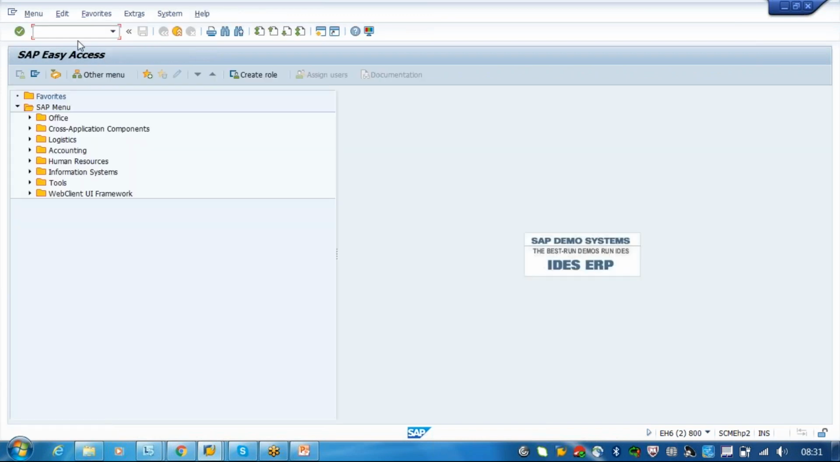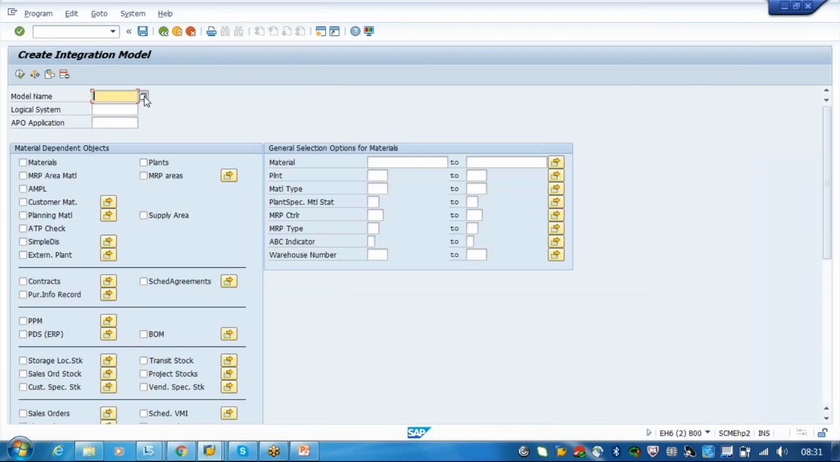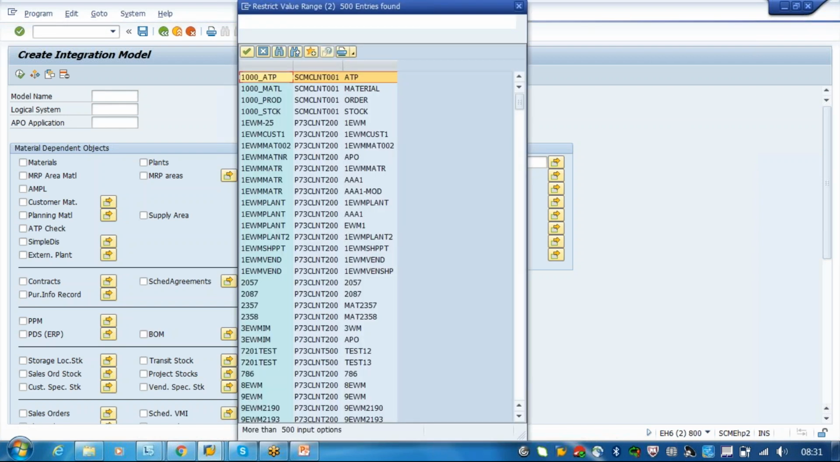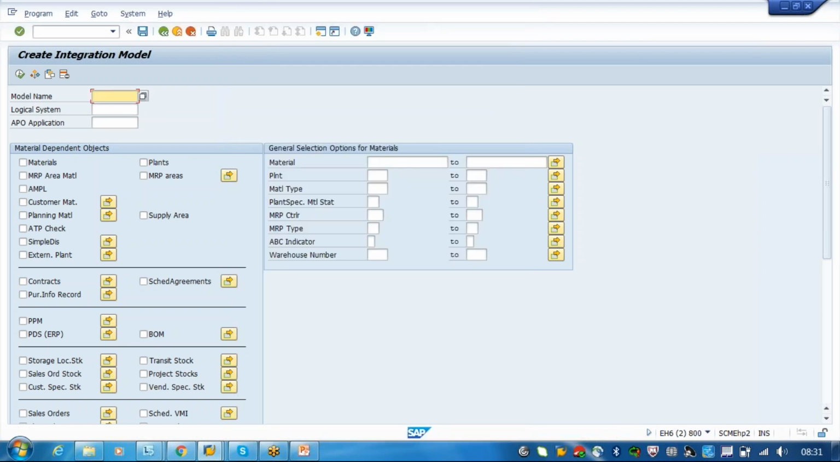Okay, it got saved. What you can do is go to CFM1 to generate the integration model. Here you can put the model name. So what is the model name? Either you can put TM or you can put customer, material, whatever it is. What we can do is I'll just put customer